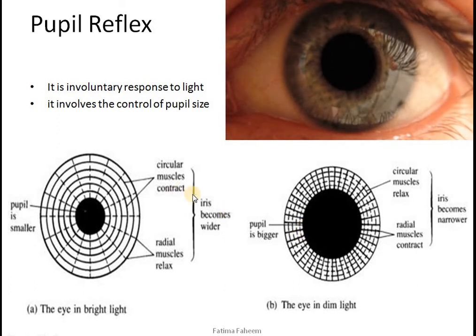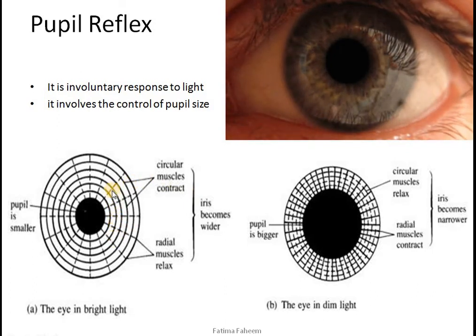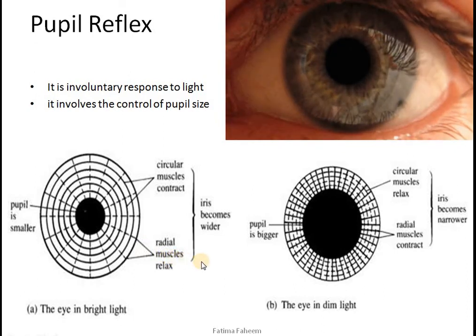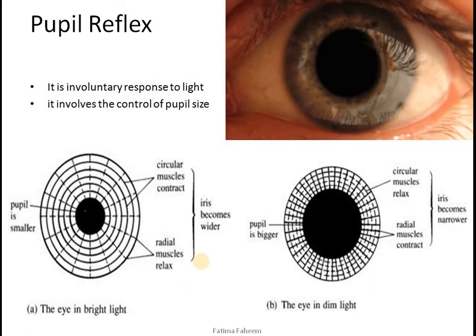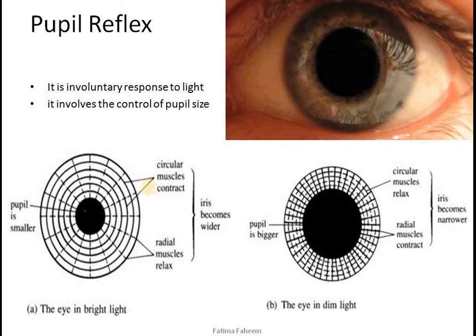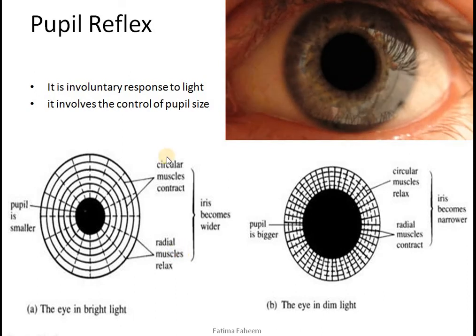This common observation is not that simple. Behind it are two antagonistic muscles of the iris. Iris is a structure in your eye. In the previous lesson I showed you the labeled diagrams of the structures of the eye. Iris was one of them. What it had were circular and radial muscles. First, understand what these circular muscles and radial muscles are.